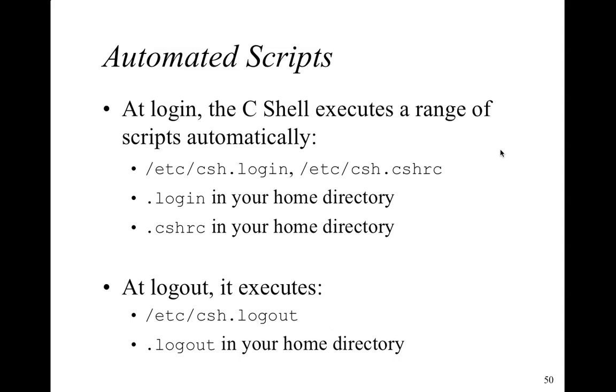On the MacBook, you actually have a login script that gets edited all the time if you're installing new software that you're running from the terminal window, if it's running in the background, or if it's doing stuff. And this is actually very similar, although it's a bash version of this, so it's bashrc on a MacBook. But at login, the C shell executes a range of scripts automatically. It's going to be in the etc directory that's only going to be accessible by a root privilege, actually. That's going to say, from csh.login. This is for the shell login. So on a MacBook, it's going to be bash and not